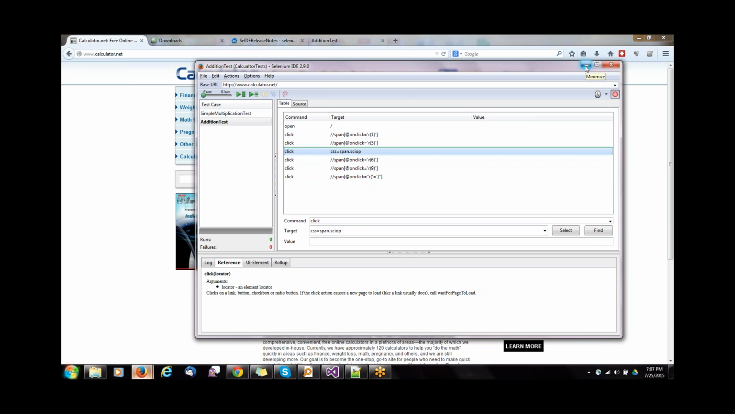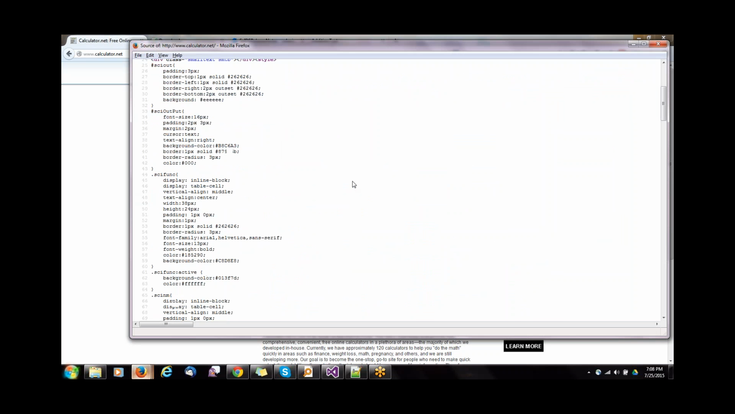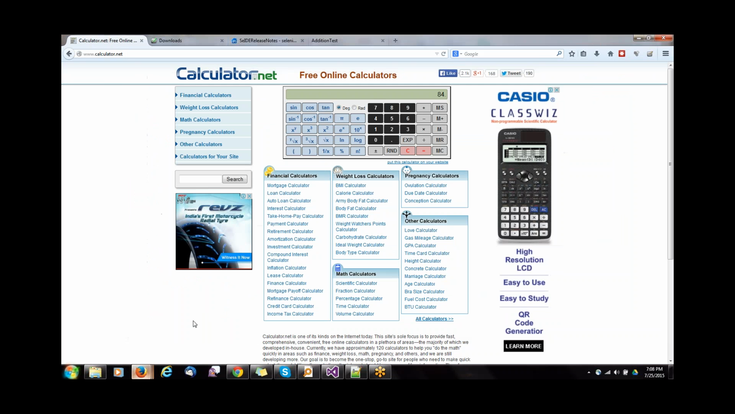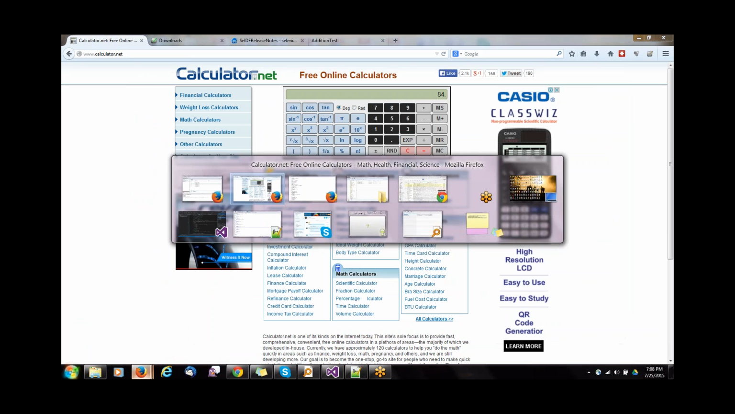Partially you guessed it right when you said that it is looking at the code. What it is actually looking at is the HTML source behind the web page. So if we open the page source and try to search for this,